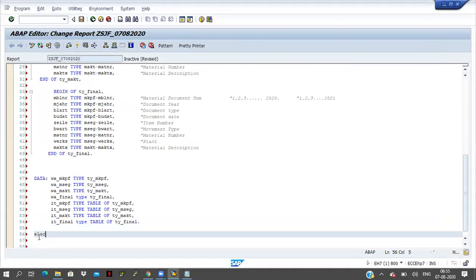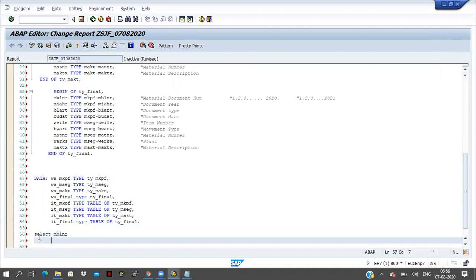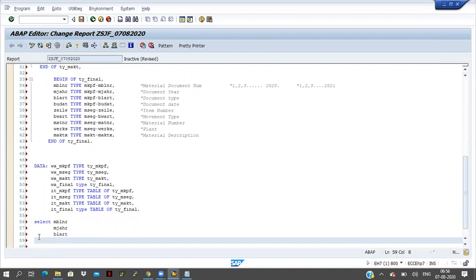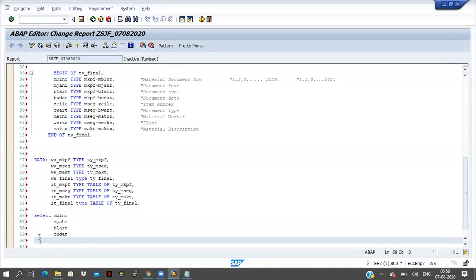Select MBLNR, MJAHR, BLART and BUDAT from which table? MKPF table. So you already know about this one.